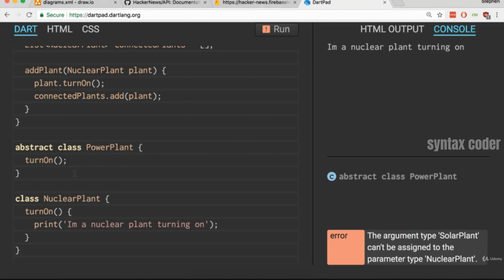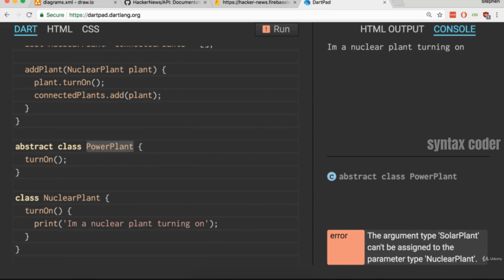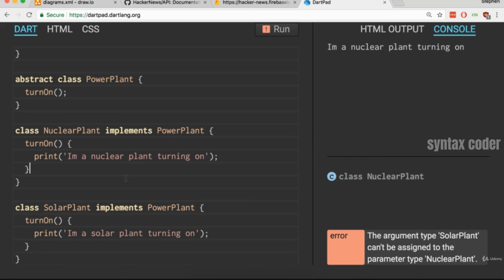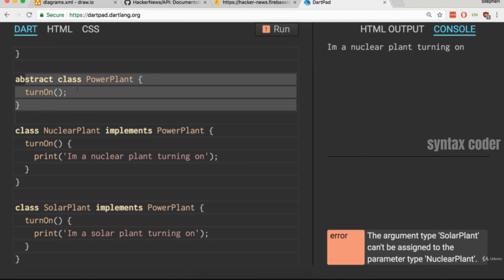We've now defined a new type inside of our application that essentially says, if you have a turnOn method, you qualify as a power plant. Now it's not quite that easy. We have to do a quick thing to both the solar plant and the nuclear plant. On both of these, after writing out the class definition, I'm going to add on implements PowerPlant, and implements PowerPlant, like so. The implements keyword right here tells the Dart compiler that you and I are going to try to put together implementations or classes that are going to satisfy the interface defined by the abstract class of